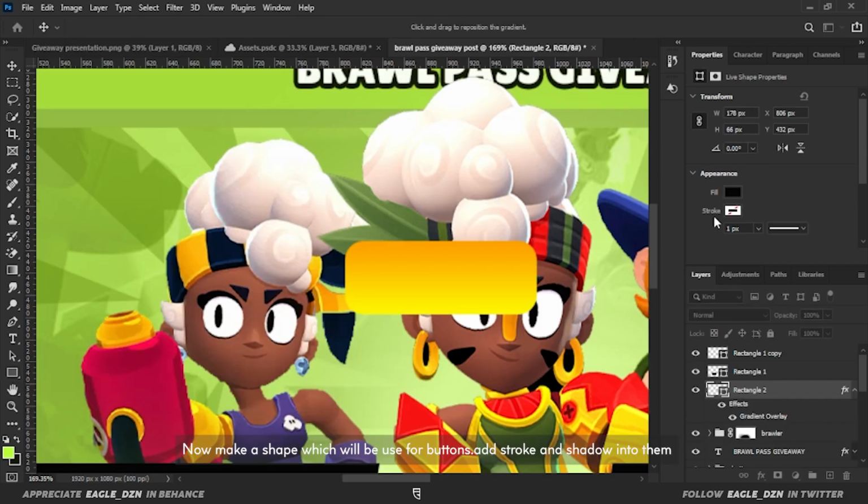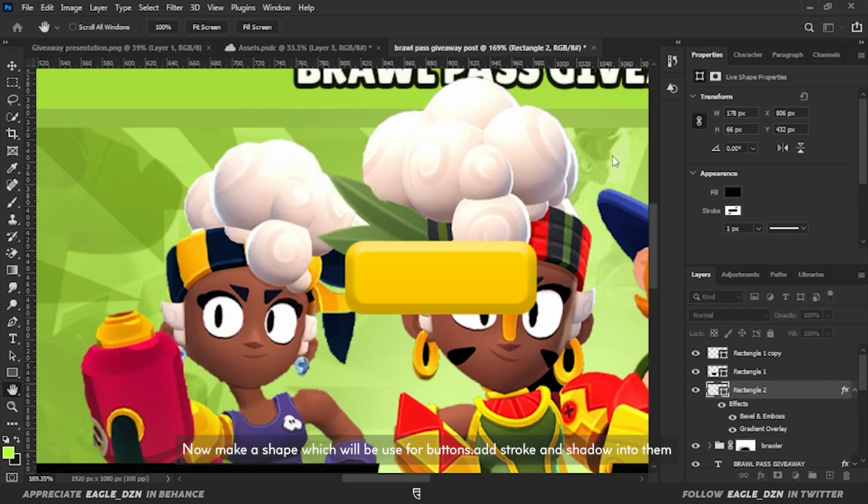Now make a shape which will be used for buttons. Add stroke and shadow to them.